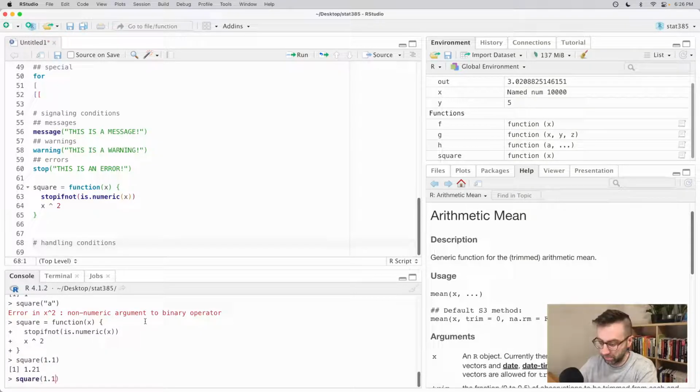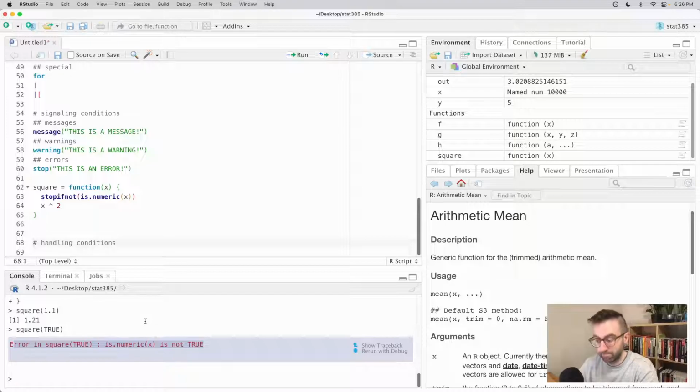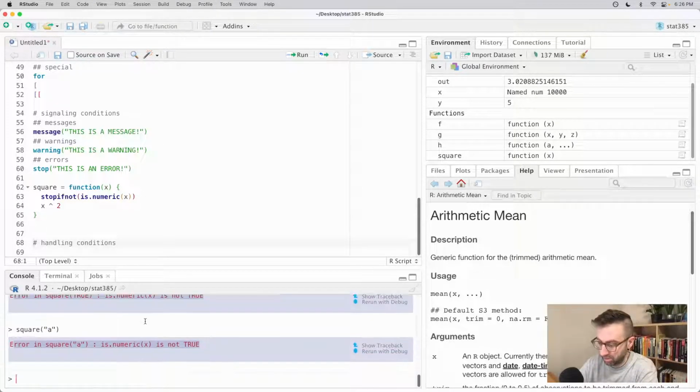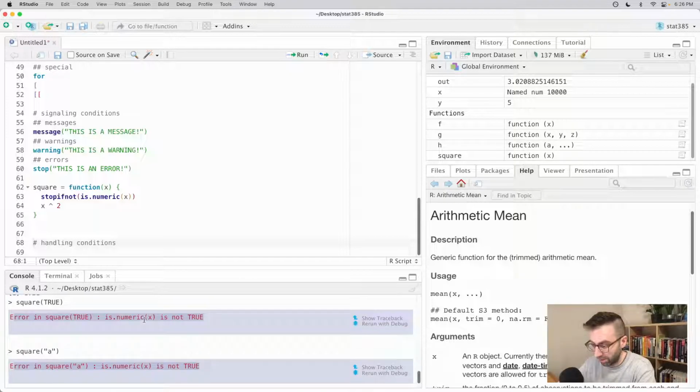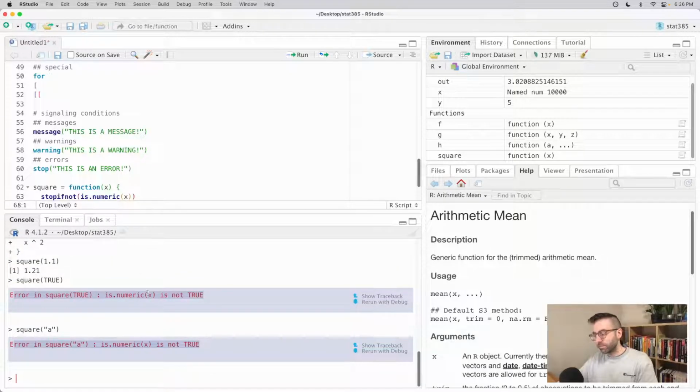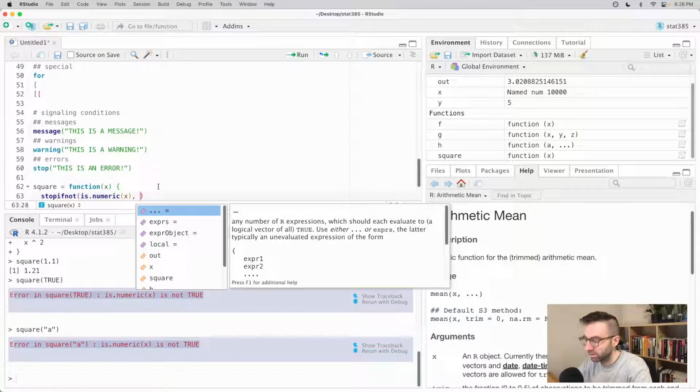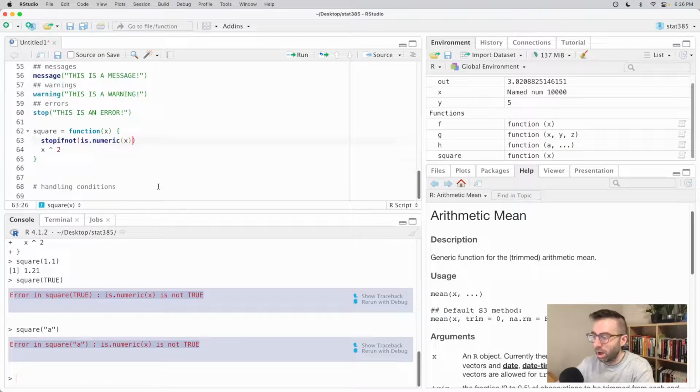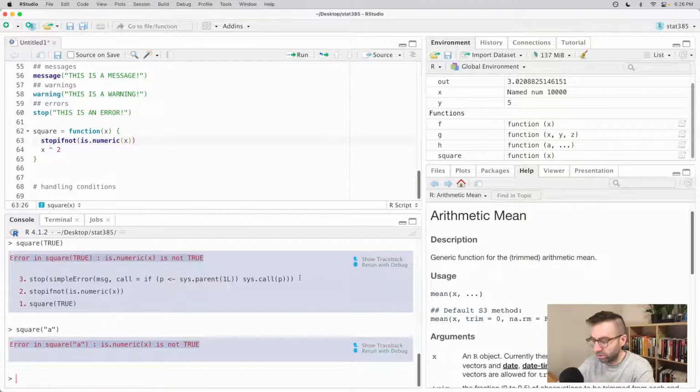So that works. That doesn't. And that doesn't. Great. Now, I would argue that maybe this message is still not the best. Also here we're getting some hints that RStudio would allow us to do some,